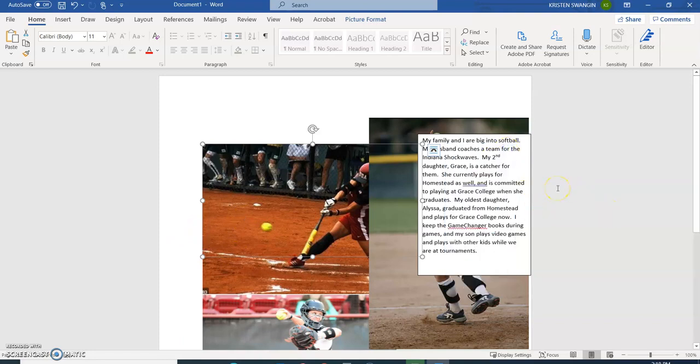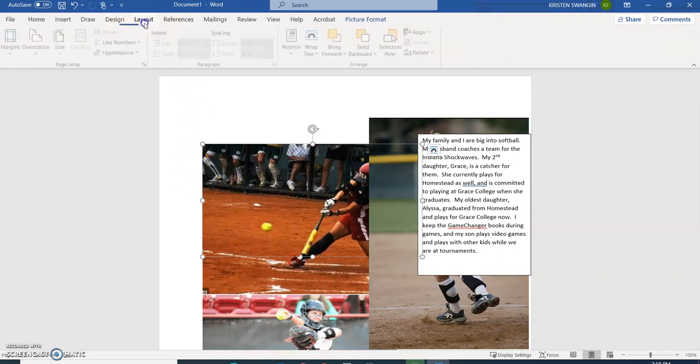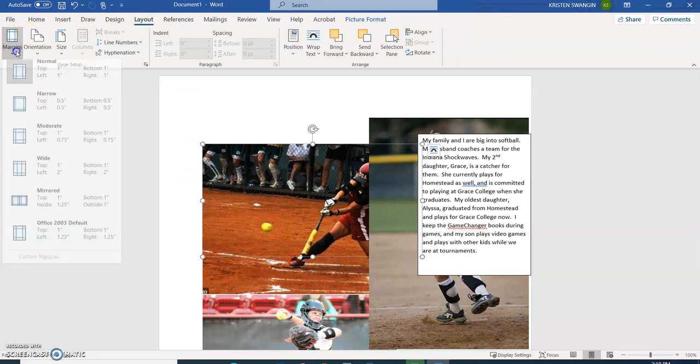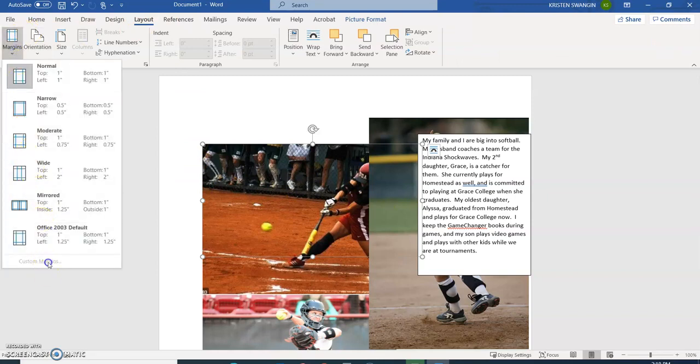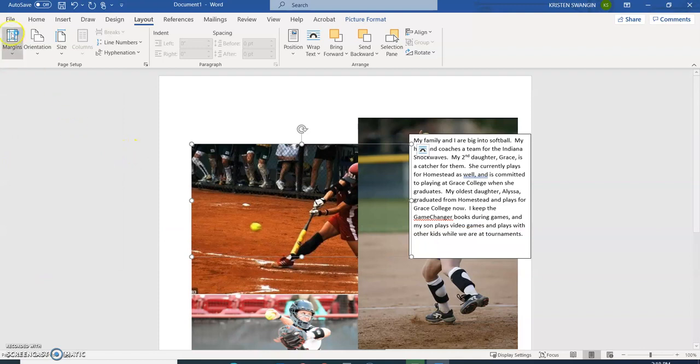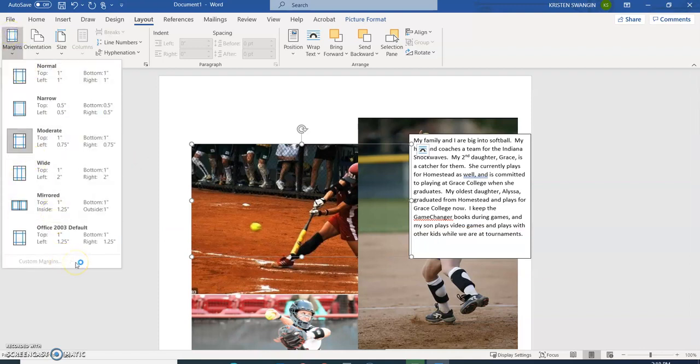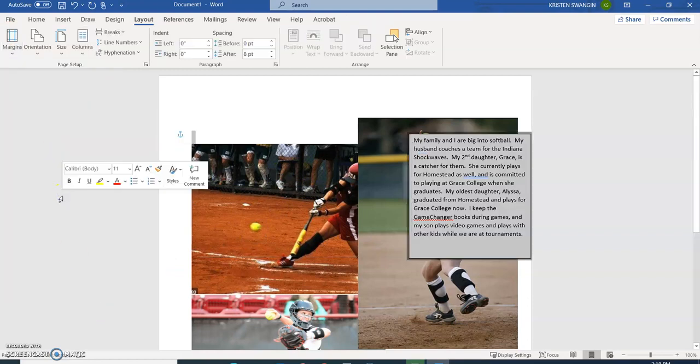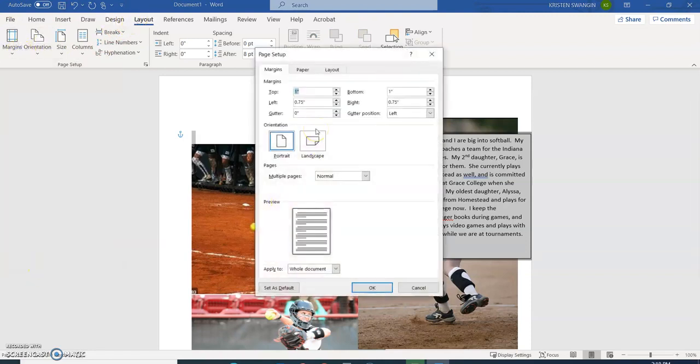Now before I go any further, right now everything is still set up as a typable Word document, and I want a poster. So on a poster you can't have margins. We're going to go Layout, Margins, and I want it to have custom margins, and I can't click that right now, and the reason is I'm selected on a picture. So I need to click off to the side over here and try again. So margins, now I can do custom margins,